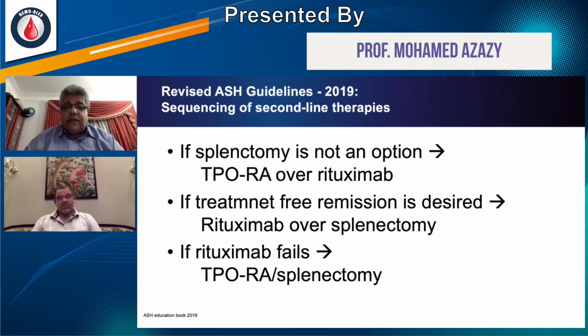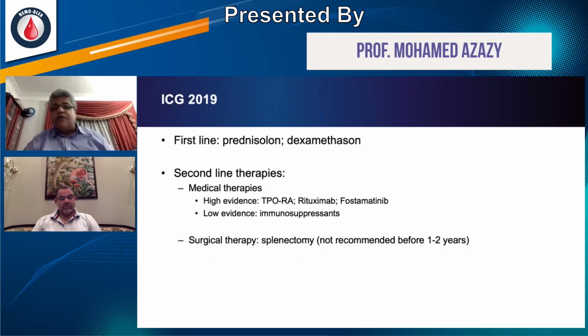If splenectomy is not an option, then TPO over rituximab or rituximab over TPO is considered. If treatment-free remission is desired, rituximab over splenectomy. If rituximab fails, then go for TPO with splenectomy. So the revised 2019 guideline is a little bit flexible for the second line and gives so many options for